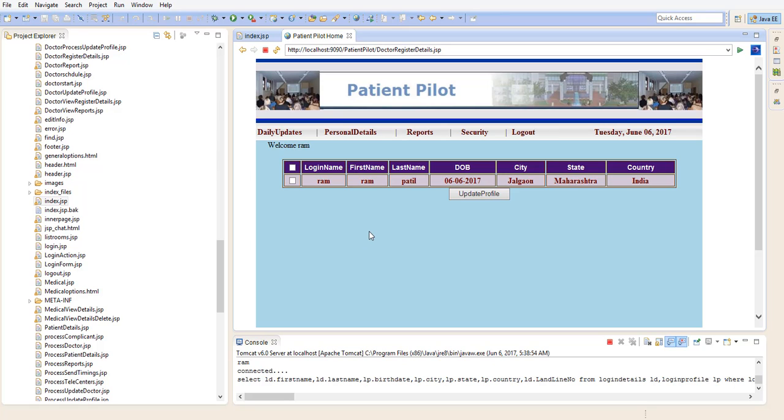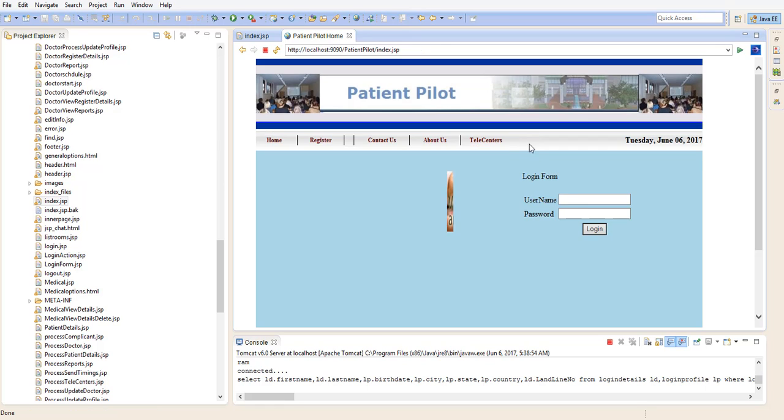If we want to update this data, then we can check this checkbox and click update profile. Okay, so for the doctor, from here we can add the specialization of the doctor, and from here we can view that specialization. So now I will click on logout,